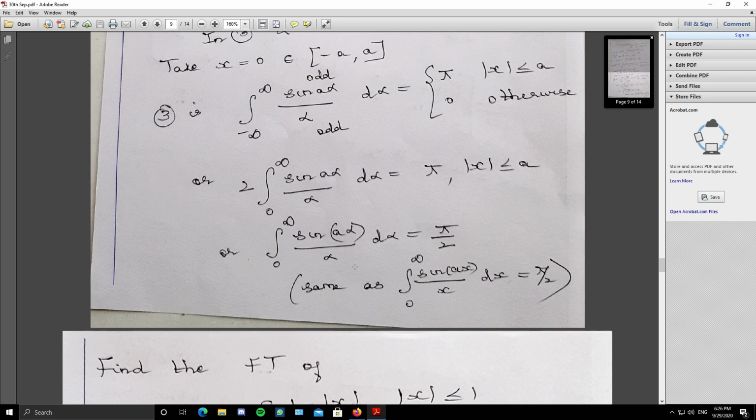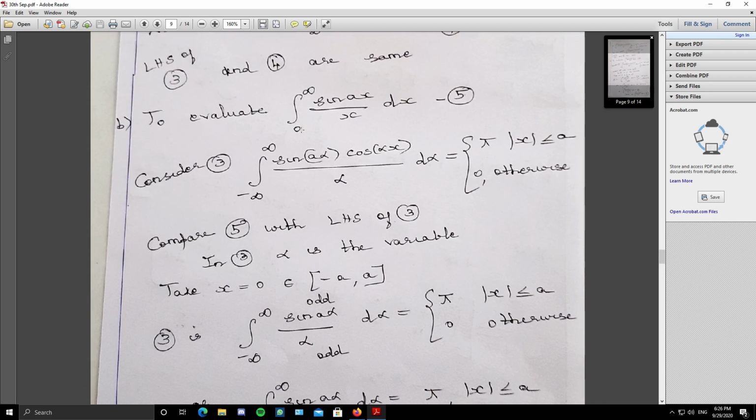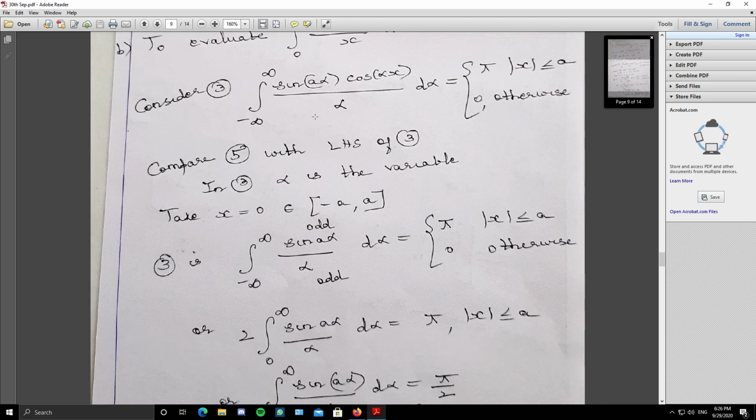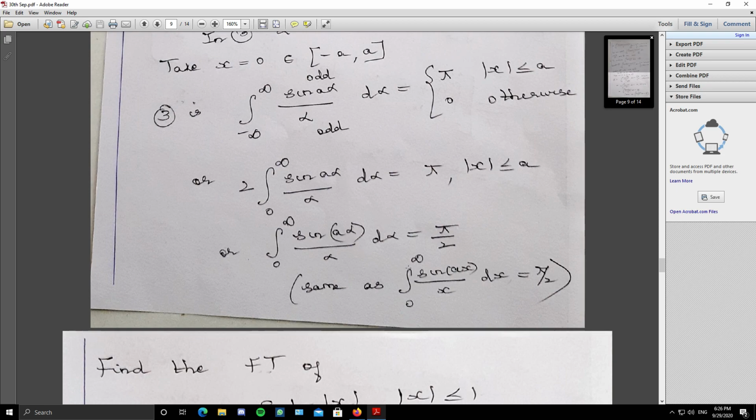Or in what is asked, in the question you are asked to find integral 0 to infinity sin ax by x. You see these two are the same, only the variable is different. Definite integral 0 to 1 x dx is the same as integral 0 to 1 y dy. So integral sin a alpha by alpha is the same as integral sin ax by x. So these two integrals are the same. So the answer is pi by